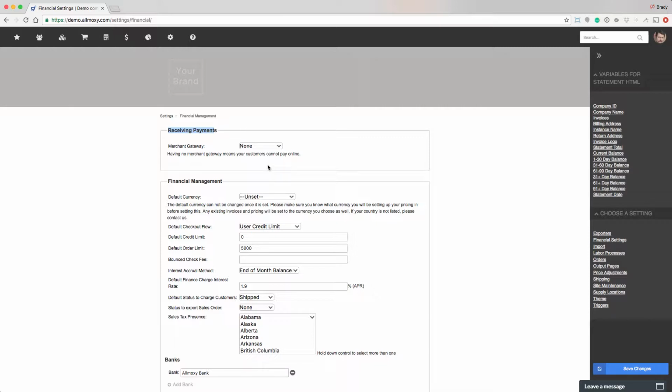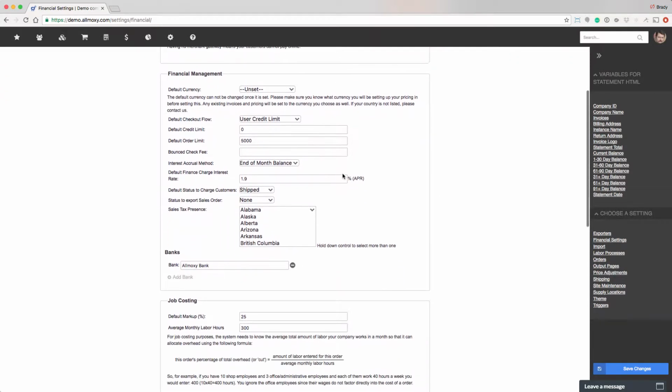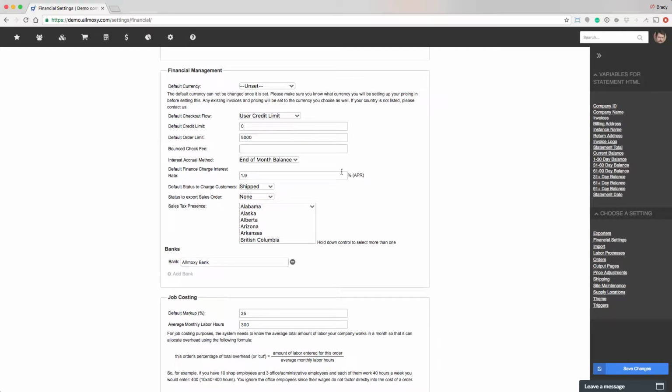Yours won't look like this. Yours will say Stripe integrated, and you should have a verification telling you that Stripe is successfully connected. If you don't, please follow the steps to be able to complete that. We won't be dealing with it in this section. Let's go through these financial management settings to better understand what they do and how they affect the rest of